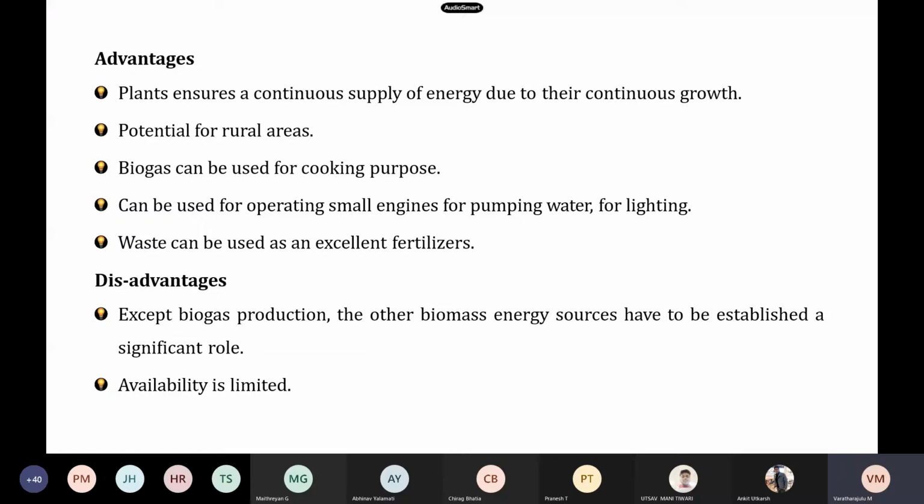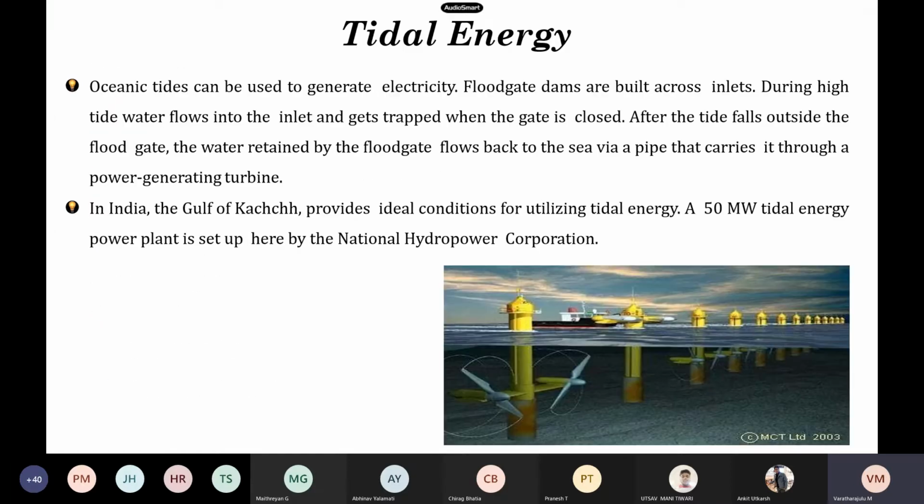See the potential, this might be the potential for the rural areas, and it can be used for cooking purposes. It ensures a continuous supply of energy due to their continuous growth, and waste can be used as an excellent fertilizer. On the other hand, the availability is limited. Except for biogas production, the other biomass energy sources have been established in a significant role, and the other non-conventional power